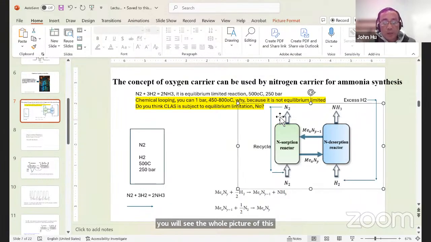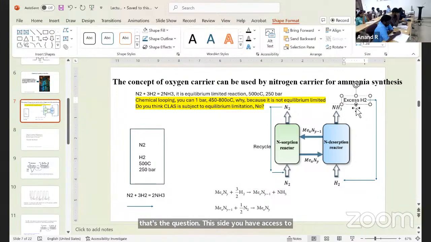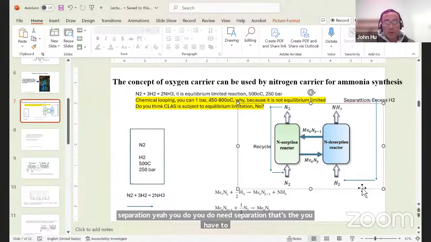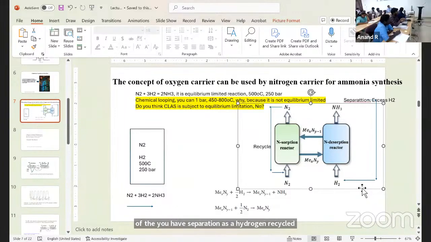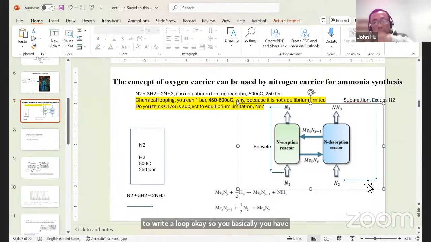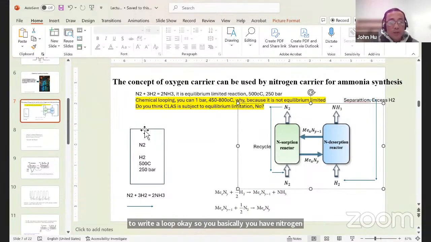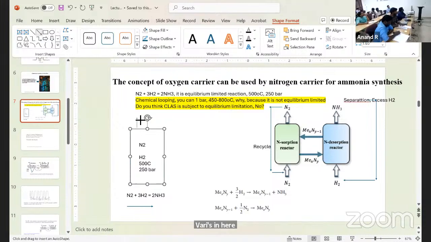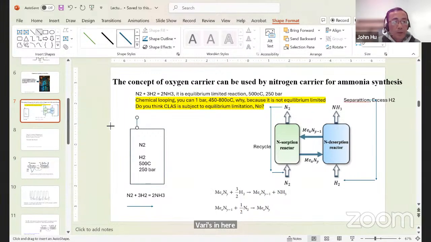It's not more. On this side you have excess nitrogen, this side you have excess hydrogen. After separation, yeah, you do need separation. You have to, because you have separation, excess hydrogen recycled. Make sense? Yeah, understand. But there are two loops. Okay, so basically you have a nitrogen loop coming by, you have a hydrogen loop coming by. Whereas in here,